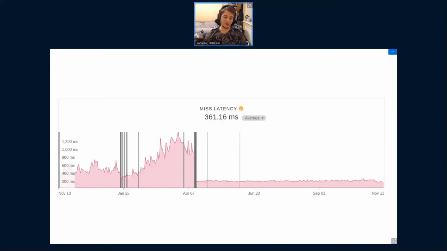Yeah, and the funny thing about growth is that at some point we just couldn't keep up with the traffic. So at some point our servers decided that we no longer were able to serve all the requests that were coming from the CDN. As you can see, this is called miss latency in CDN terms.